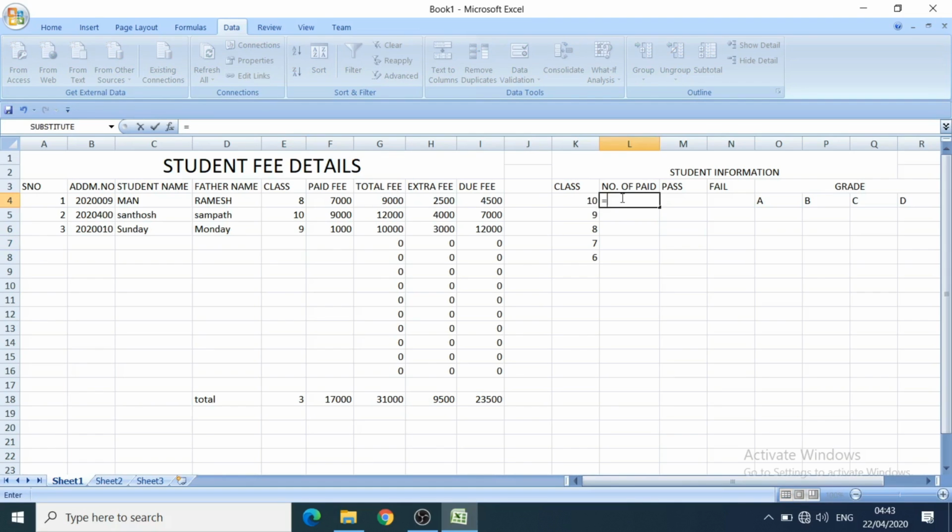Simple for this one, we can use COUNTIF. COUNTIF is the function which counts in a particular range.